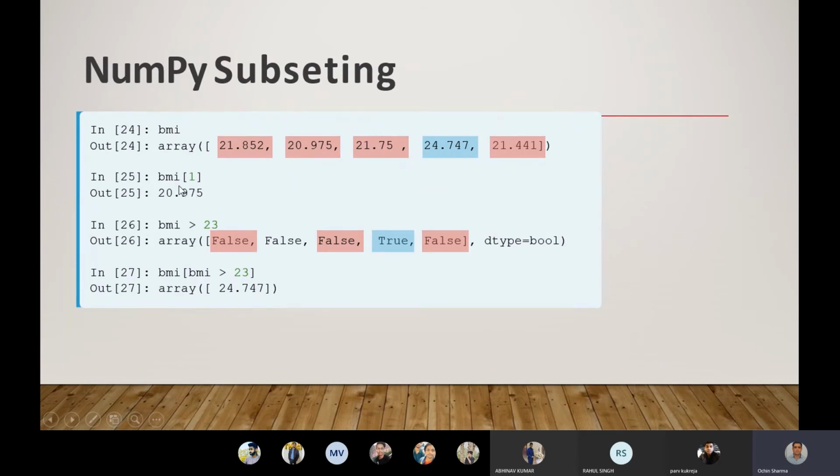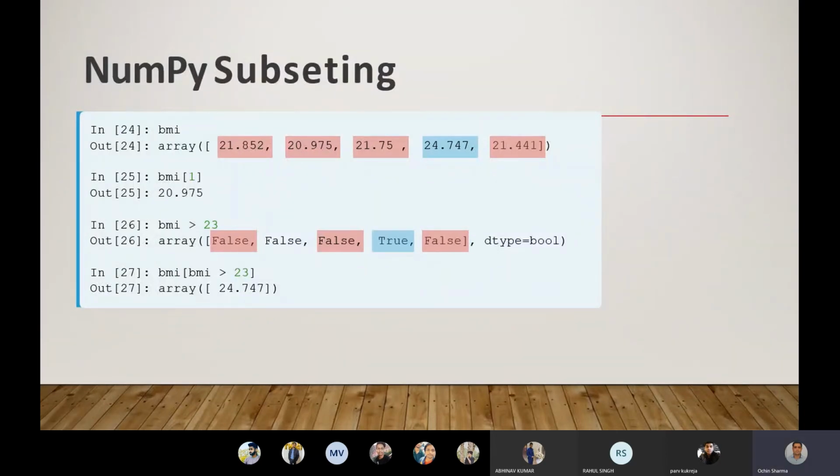Now if I want to fetch the data of the first index, then I can directly use BMI 1. As we know that the index starts from the 0th position, so I am printing BMI square bracket 1, so it will give me 20.975.